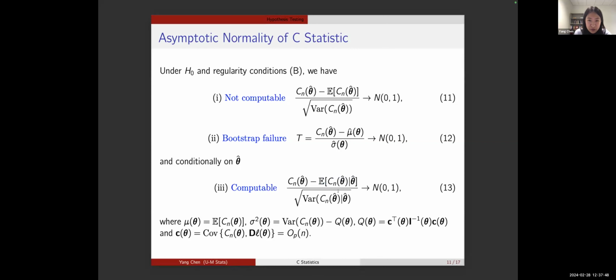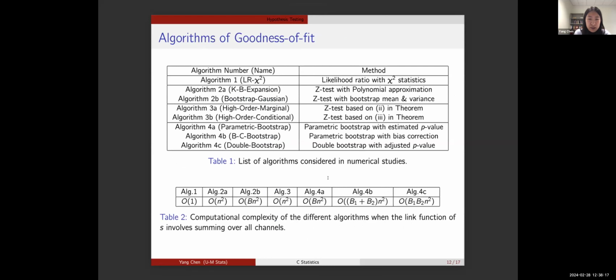These kinds of results are not completely new if we constrain ourselves to Poisson-count log linear models, because this has been studied quite a lot in the generalized linear model literature. But our result is general in the sense that we're not restricted to the log linear model. We can work with any kind of spectral model in practice. So given all of those results, we compare all kinds of